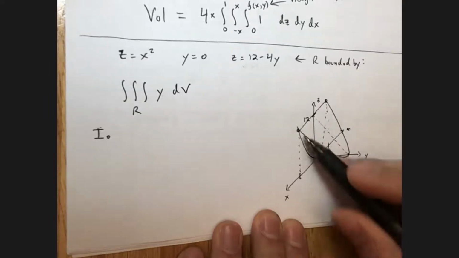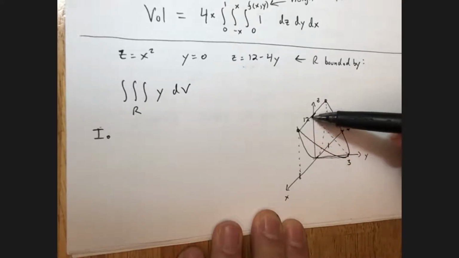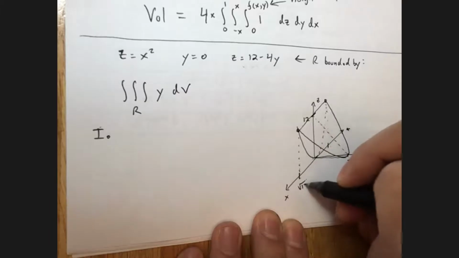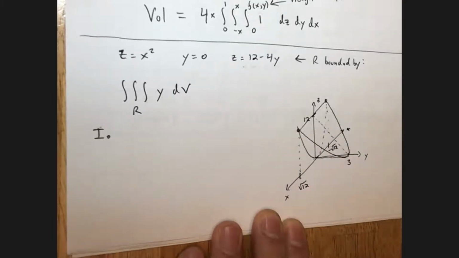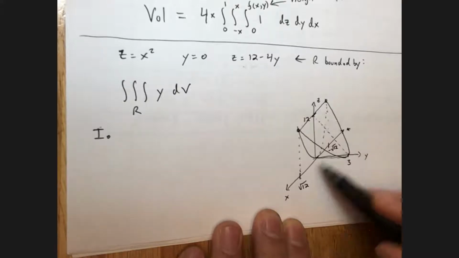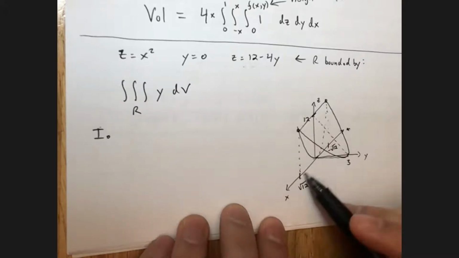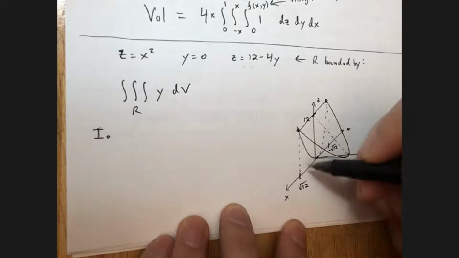Well, that's not too bad, because you see this is a parabola z equals x squared, right? So I know the height here is 12, so 12 equals x squared. So I know what my x is. x is the square root of 12, and negative root 12 back here. So I'm going from negative root 12 to root 12. So for each x between negative root 12 and root 12, if I take an x in here,